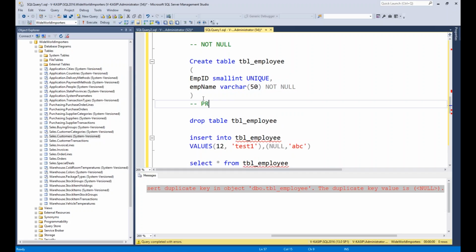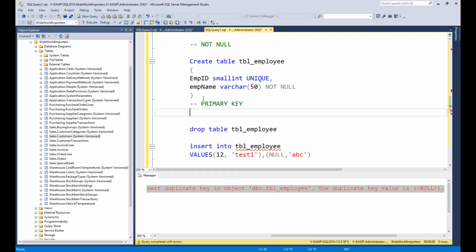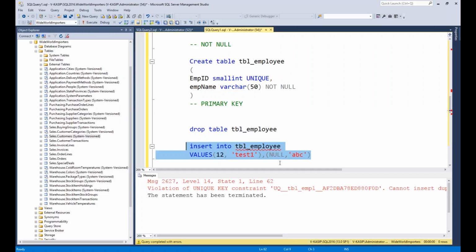Next one is primary key. Generally, for what purpose are you using a unique key actually? For example, to make sure that you have assigned one value for one customer ID. You should not repeat the customer ID for more than one person. Employee ID, or one customer belongs to one category, or one employee belongs to one department. That's correct. Only I'm talking about why unique keys are used for that. For example, each customer has one unique number.